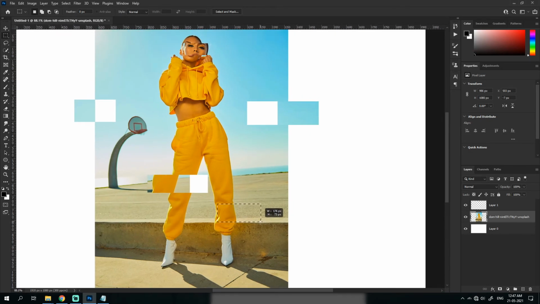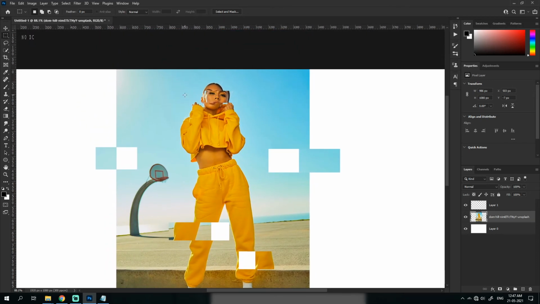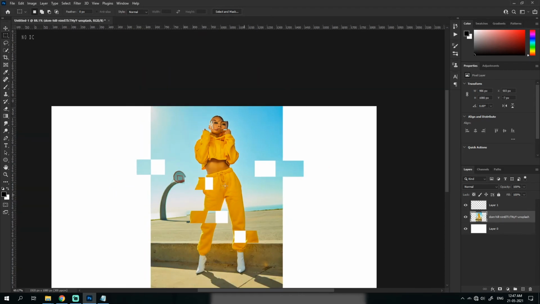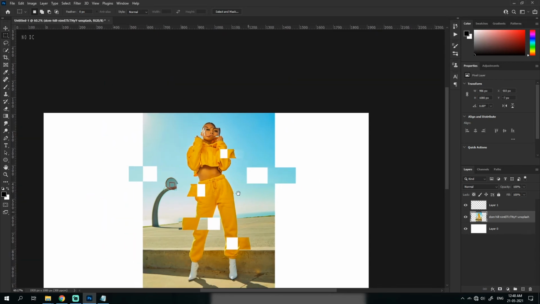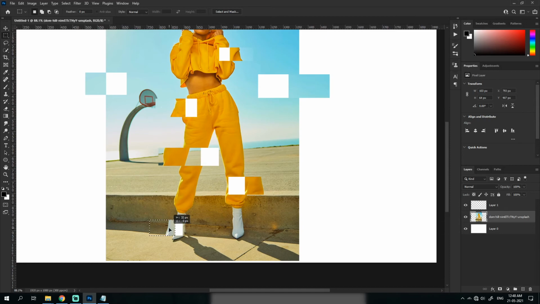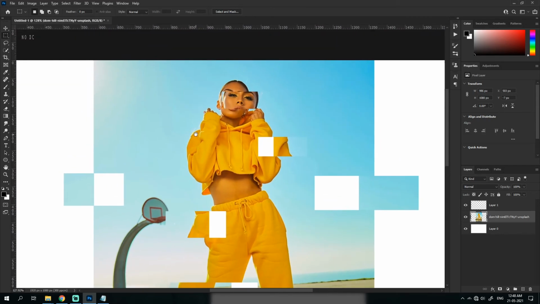Let's do this. Okay, that looks weird. I'm not gonna cut anything, okay? Not fast forward anything, just so that you get the idea how it's done.